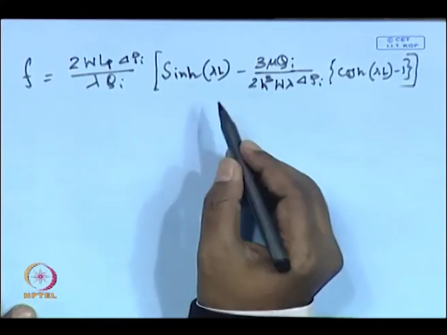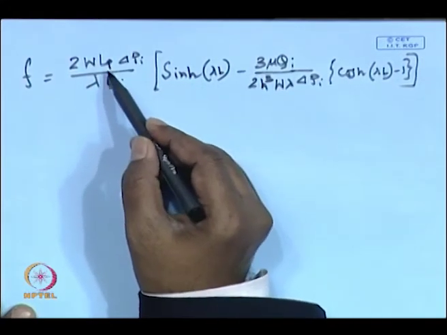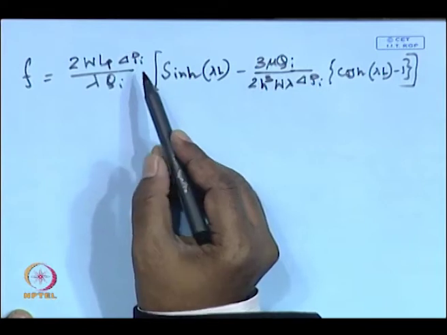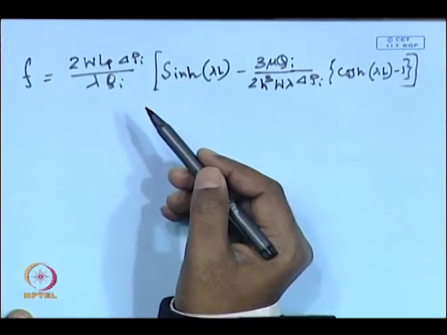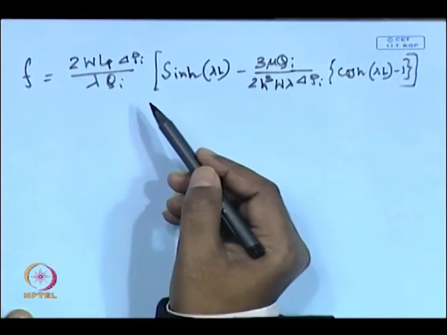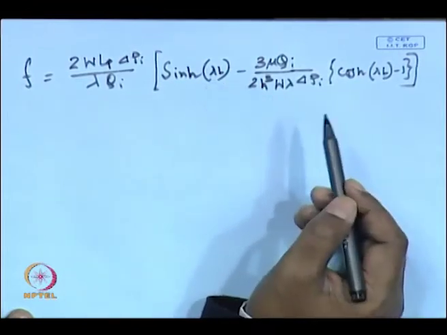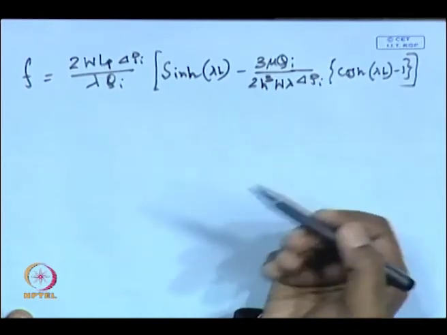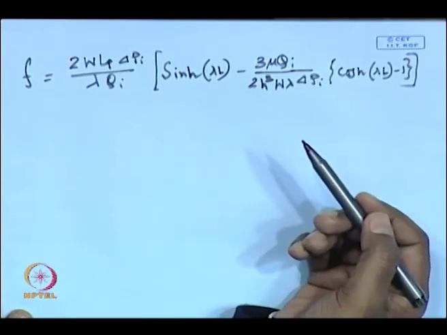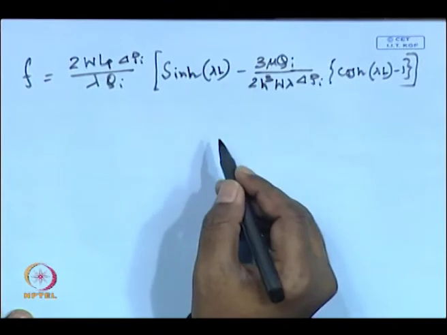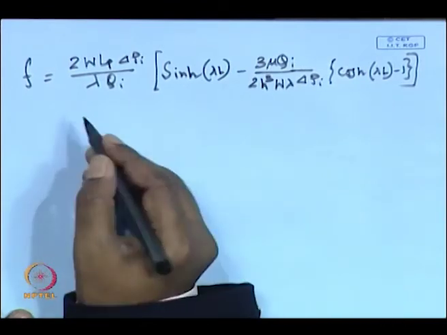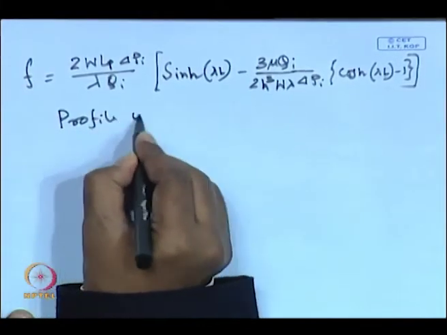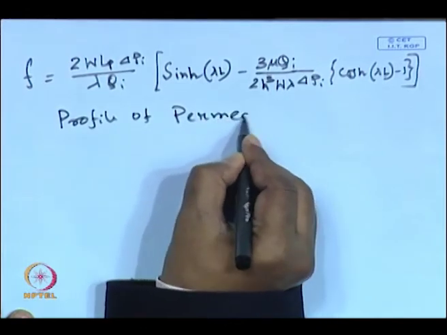So, one can put in the various values of the width of the channel, the permeability of the membrane, and the delta P, the transmembrane pressure drop at the inlet, that is known to you because you have a pressure gauge there. Qi is the flow rate, that is also known to you because you have the rotameter there. Length is known, all the other parameters are known. Lambda is a combined parameter of viscosity, permeability and channel geometry, that is H, so that will be known. So one can estimate the total recovery of the feed in the permeate, and the profile of permeate flux one can obtain because the profile of permeate flux is very simple to obtain in this case.